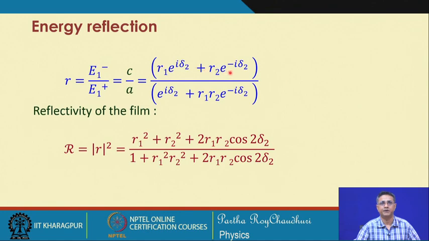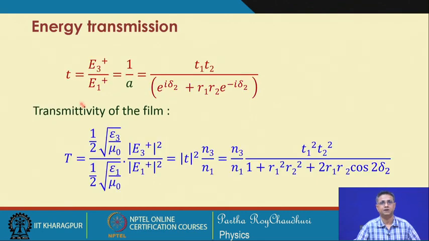The square of this quantity will give me r1 square plus r2 square plus twice r1 r2 and the phase factor, that is cosine of twice delta. In the denominator this will be 1 plus r1 square r2 square plus twice r1 r2 cosine 2 delta. So, this is now complete and we have that energy reflection from the film in a compact form,